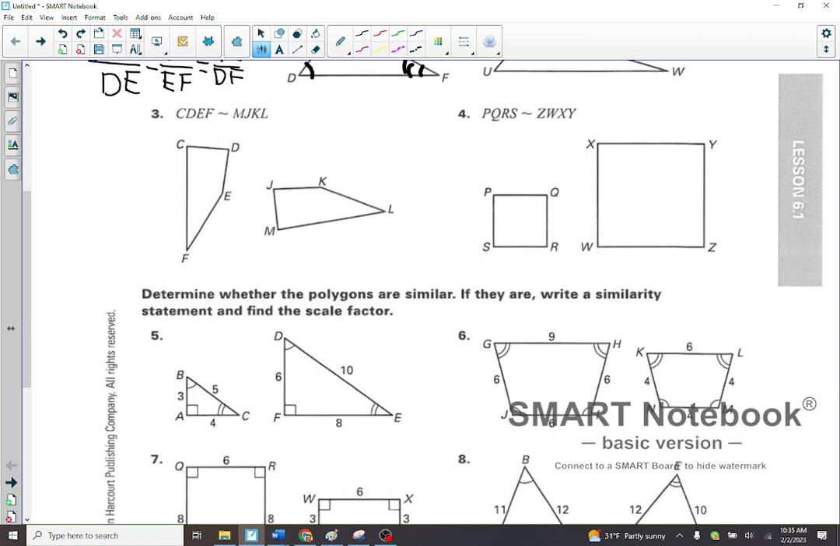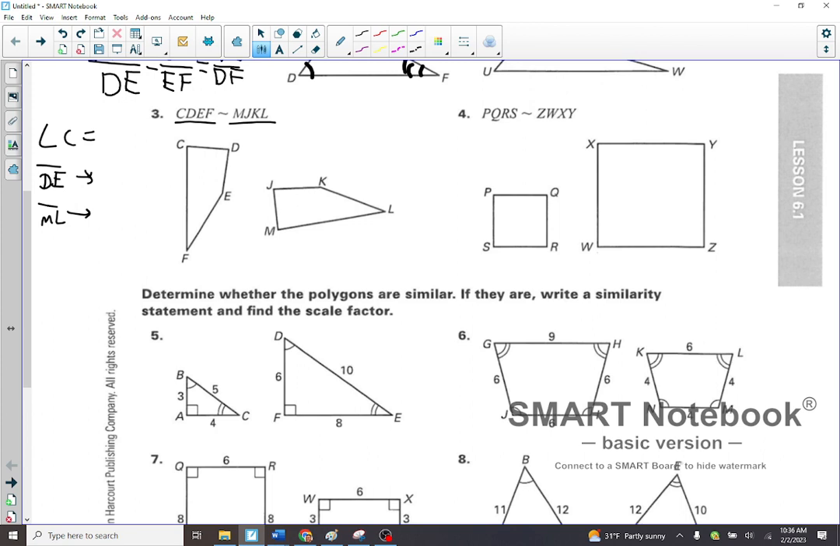All right, number 3. CDEF is similar to MJKL. So on the test, I would give you the shape and the similarity statement. I would give you questions like this. Which one goes with angle C? Which one goes with line DE? Which one goes with line ML? Okay. So in this case, if I want angle C, I need to see which one matches in